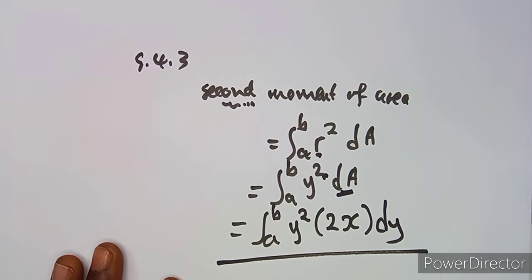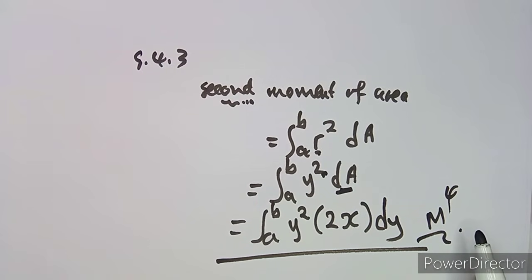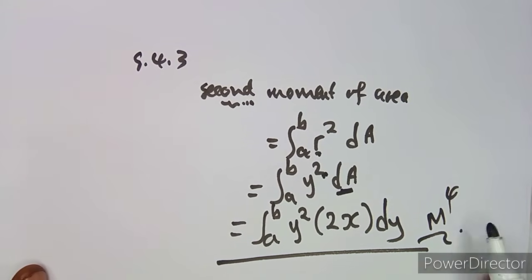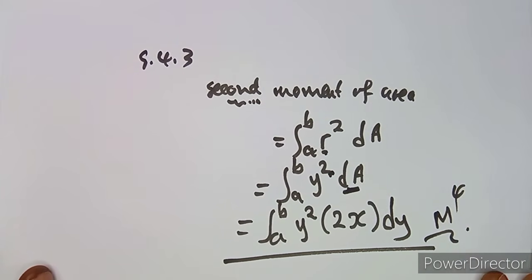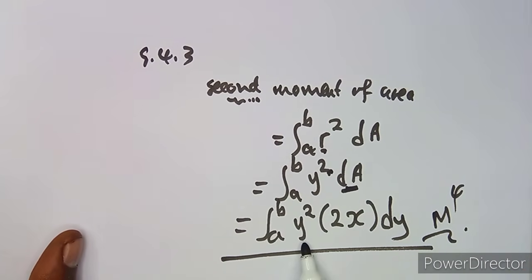So the formula is now there. You have completed the formula, and the second moment of area is measured in meters to the exponent of 4. As you can see, knowing the first moment of area is best, because you can formulate the second from the first moment of area. So anyways, let's substitute and see what we have, because this 2x you already calculated before, so it's just a matter of substituting.